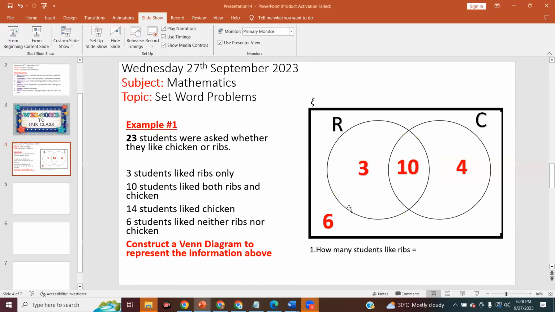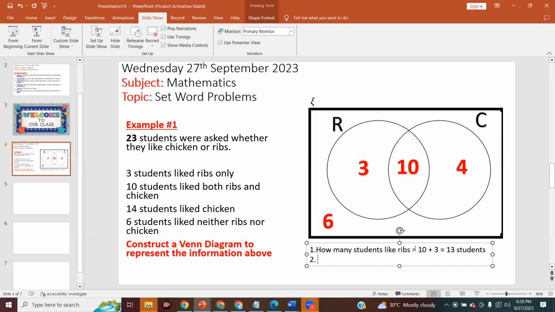So how many students like ribs? It's gonna be 10 plus 3, which is gonna be 13 students. Okay. The next question is, how many students